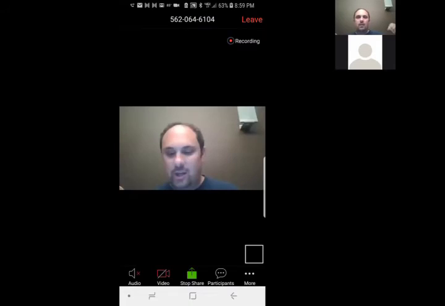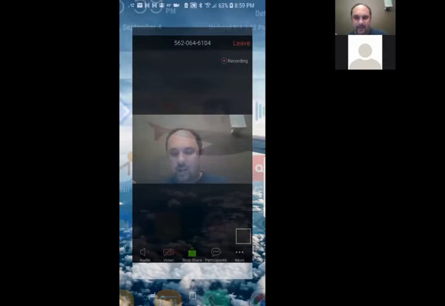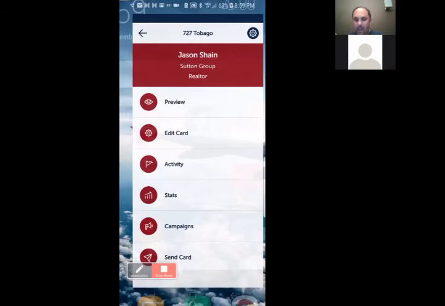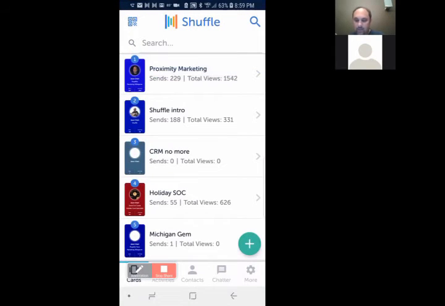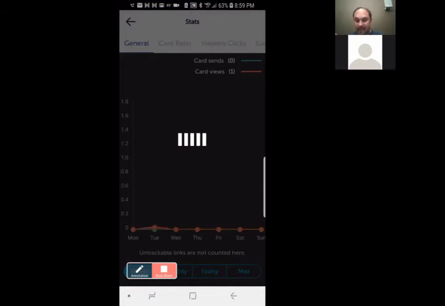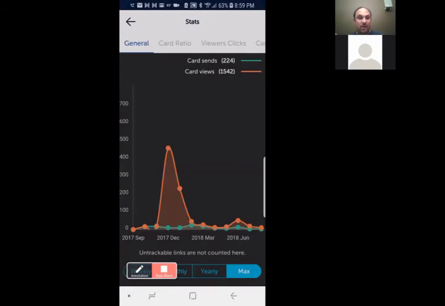One other thing I want to show you. I did talk about those different campaigns and why it's important to have a campaign for every place you put it as opposed to one overall campaign. Let me go back into Shuffle here and let me go into this first card that I've been used a lot. If I go into stats, there's some stats you could run with this thing. Let's do a max. You could see when the card was being hit,